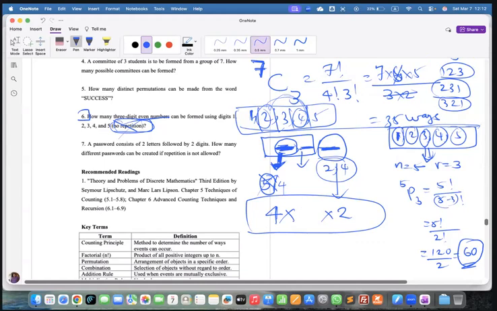We already found out that from the 5 digits, if you want to make 3-digit numbers, there are a maximum of 60 numbers we are making. Either you can write all